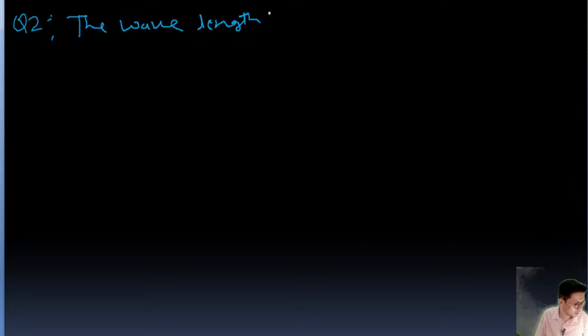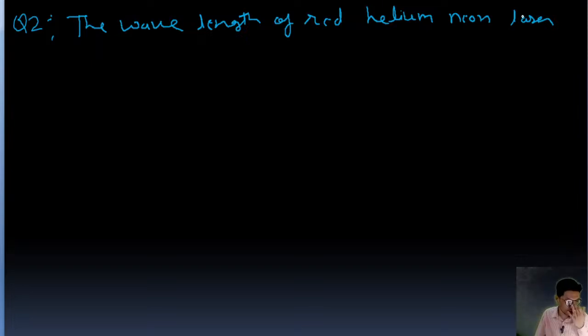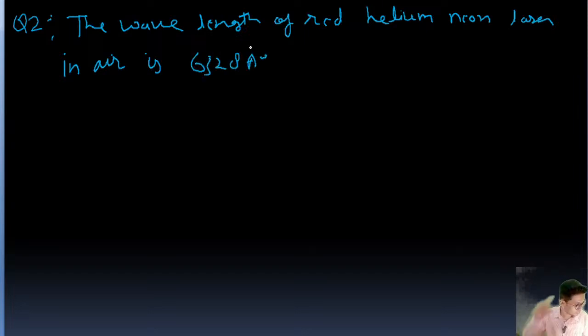The wavelength of red helium neon laser in air is 6328 angstrom. Okay, what happens